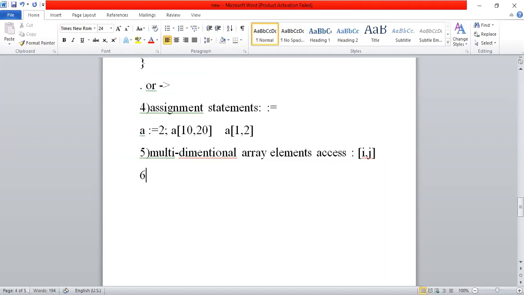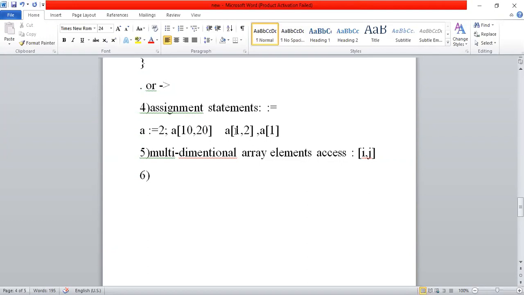This is also used while dealing with matrices, or one-dimensional or two-dimensional arrays. A one-dimensional array requires only one parameter inside, like a of 1, and a two-dimensional array requires two parameters. A three-dimensional array requires three parameters inside the open braces.